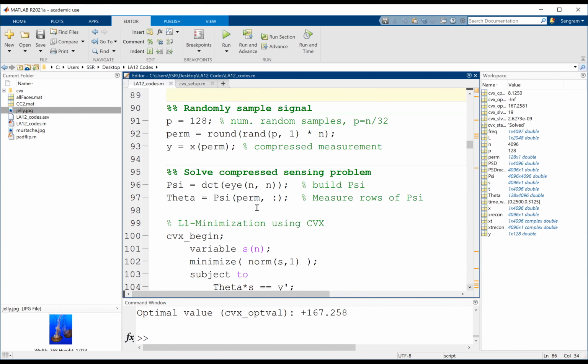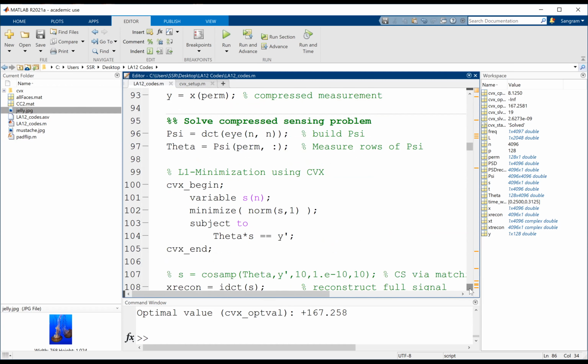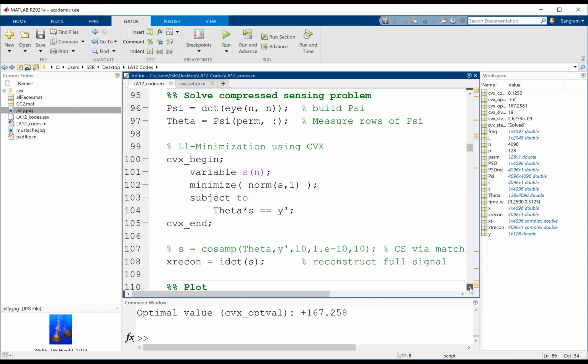And then you used the basis and found the L1 solution. So this is actually an L1 minimization problem. And then you reconstructed the original signal.